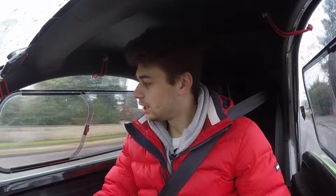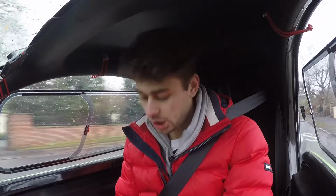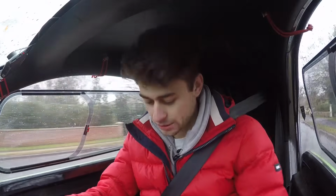Oh my God, the suspension. Let's come back to the suspension. Let's start talking about the powertrain in the Twizy. So it has a 6.1 kilowatt hour lithium ion battery, under my arse right now. It's under my bum, it's in the seat,